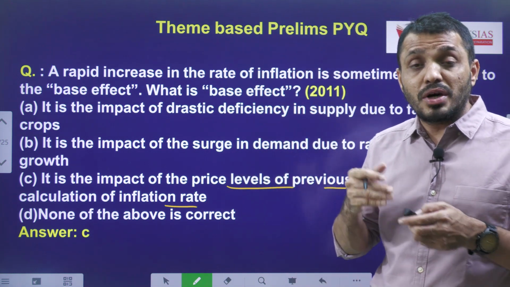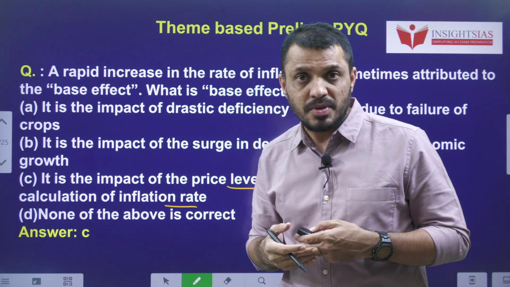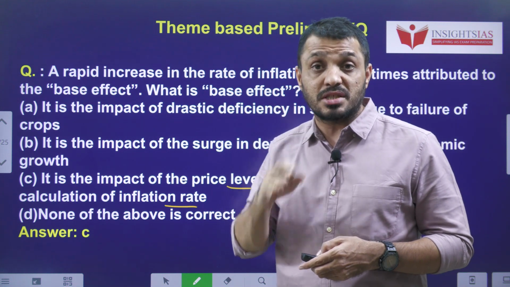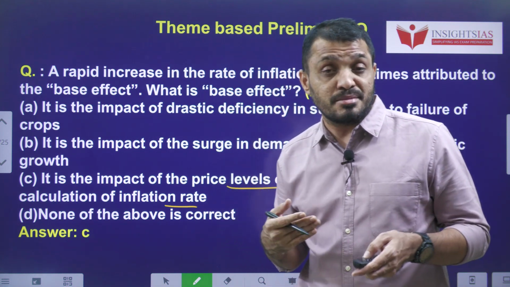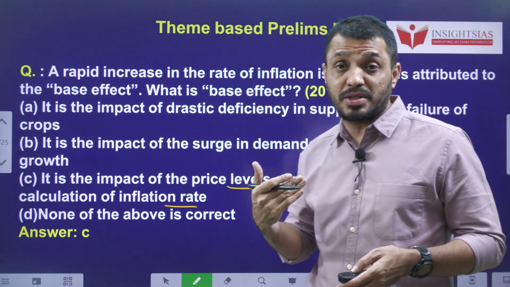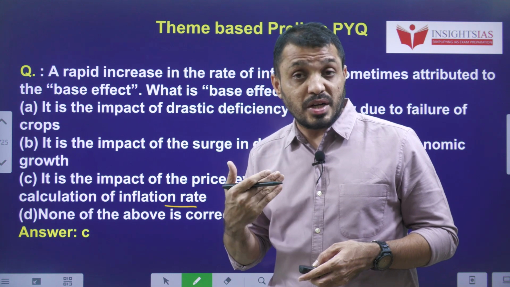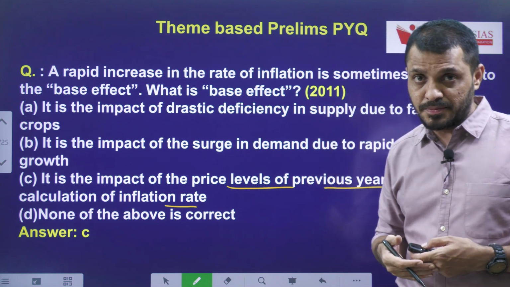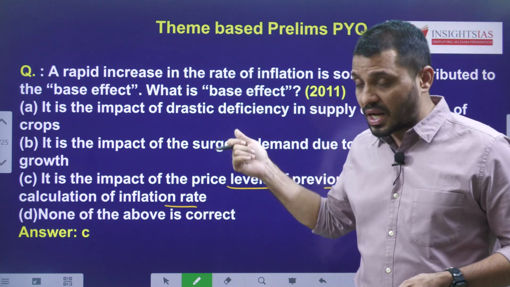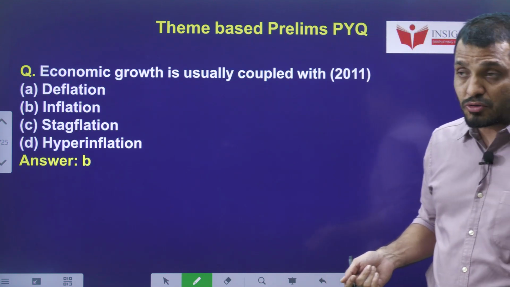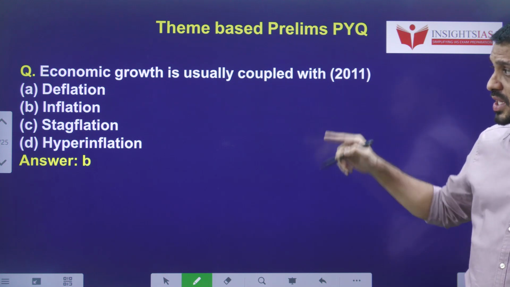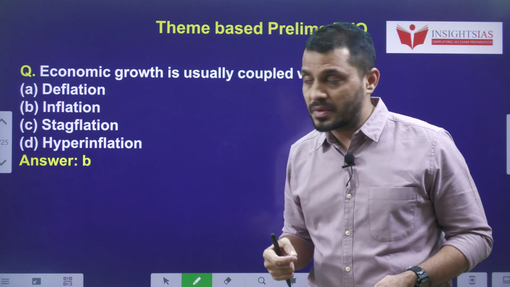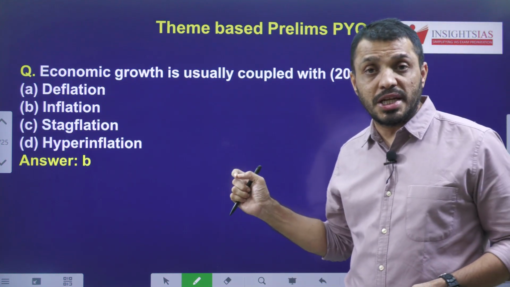For example, if you got 30 marks in maths and then got 60 marks, going from 30 to 60 seems like a doubling. But if you had already got 60 marks and now got the same 30-mark increase to 90, in spite of the same increase, you won't find that kind of 100% increase. So it's all about the base effect. They are asking this question based on the base effect. One more question: economic growth is usually coupled with what? Obviously inflation, because prices rise. It happens every year. So these are some of the MCQs related to the theme of the day.